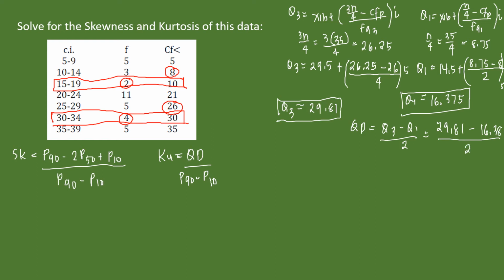So we'll have 29.81 minus 16.38. That gives you 13.43 divided by 2. The quartile deviation is 6.72 to the nearest 2 decimal places. Okay. Next, we need to solve for P90, P10, and P50. Okay, so